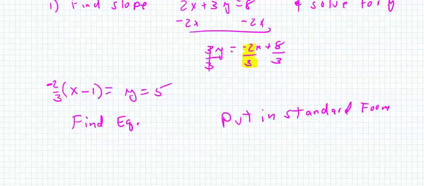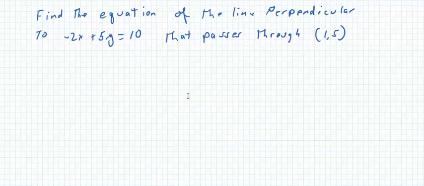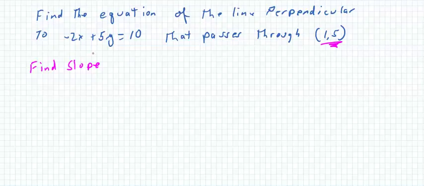All right, let's look at one more. Here's our next example. Find the equation of the line perpendicular to this that passes through or contains this point. Same thing as last time. Find the slope. You know you're going to use this point, but you need the slope. So the slope of the given line